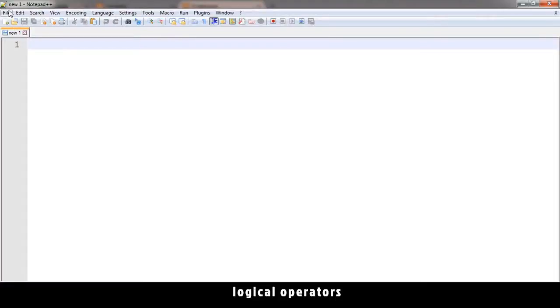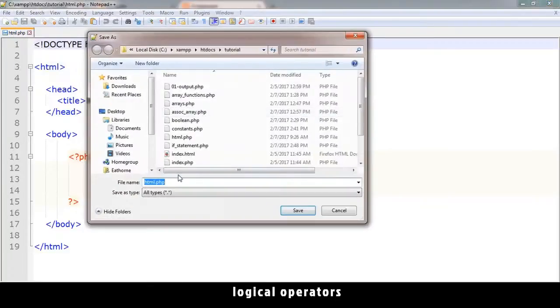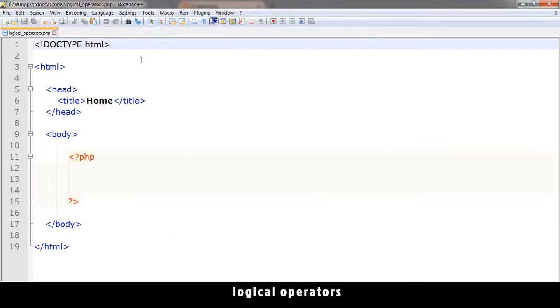All right, so let's talk about logical operators. Let's go to our PHP page and save it as logical_operators. I hope that's the actual spelling. Okay. Logical. All right, so